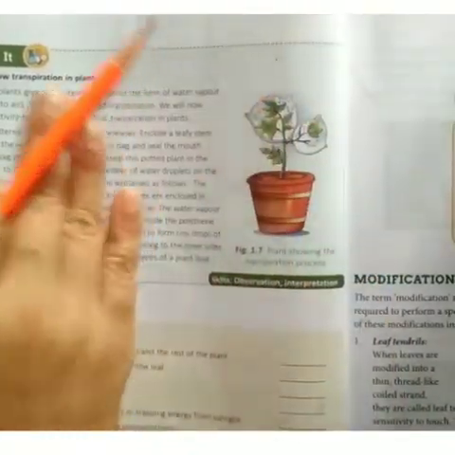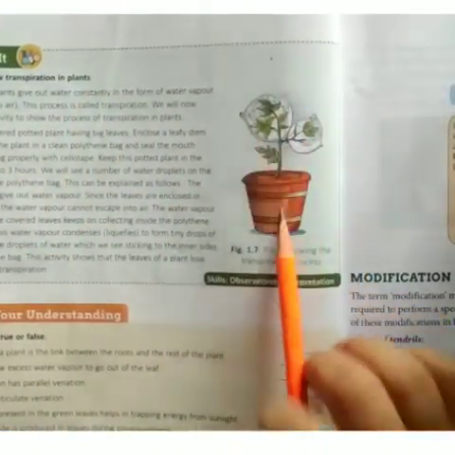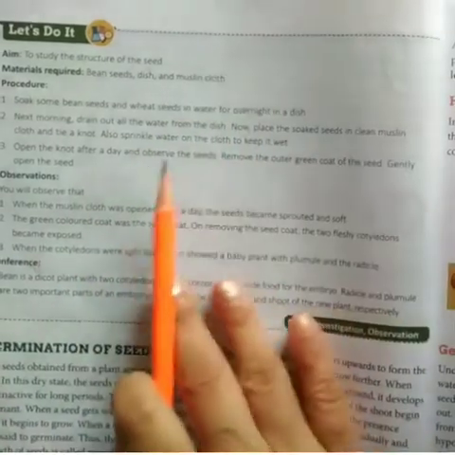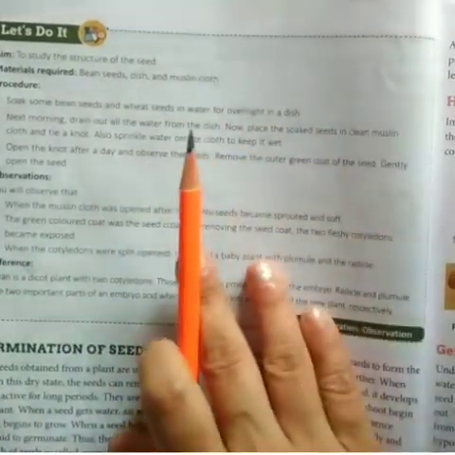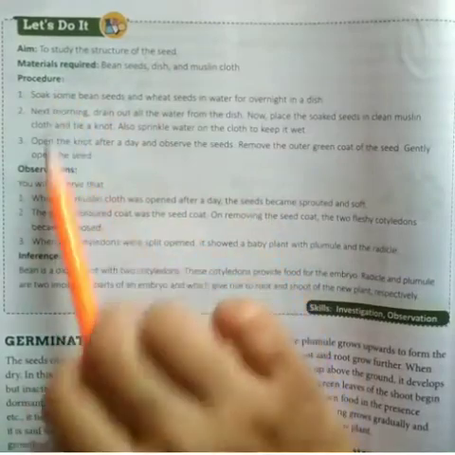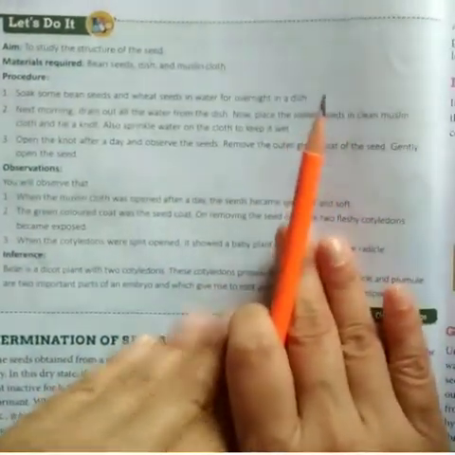So this you will be doing in your activity file, and the diagram also, you have to draw the diagram also. Okay. Now students, there is one more activity which is from chapter number 2. It is given on page number 32 of your book, and this is the way you'll be writing your activity. First you will write A, materials required, procedure, observation, and then interpretation. Okay, and this also to be done in your activity file.